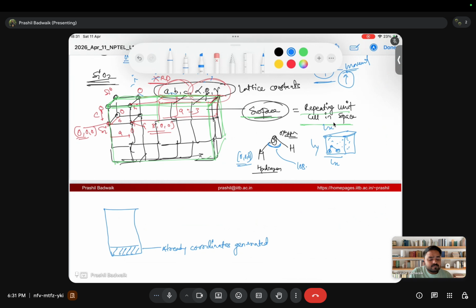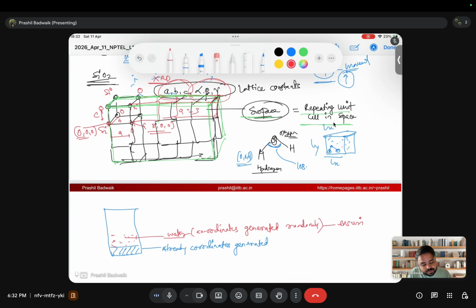Right? And then here it is. Coordinates also generated for water randomly,